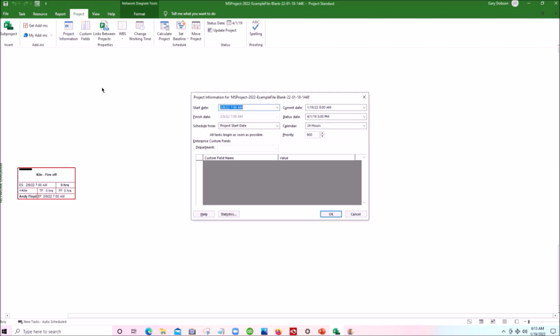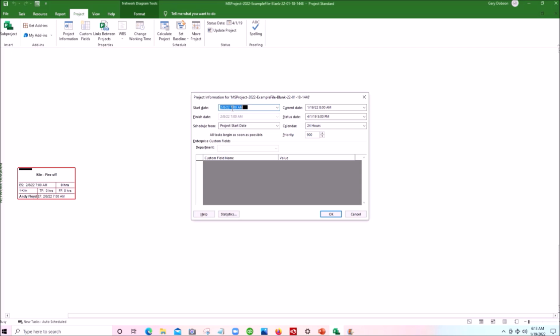Now, to see what that is or to change it, we go up to the Project tab here at the top and select Project Information and click on that button, and a dialog box will open up with the start date for the project, which is set at 2/8/2022 at 7 a.m. And we're going to schedule our activities to start from the project start date at the earliest. So that's why this little box matches up with the date and time of